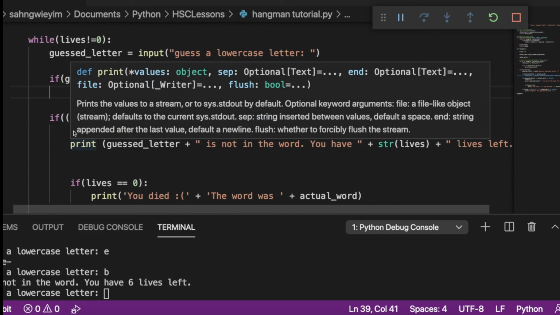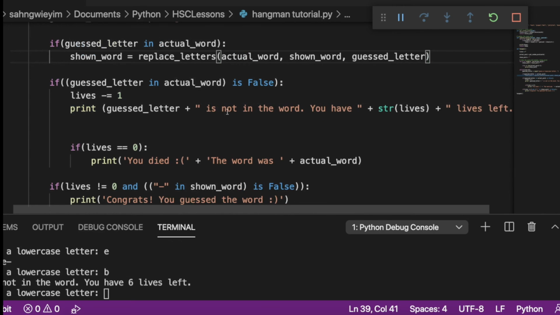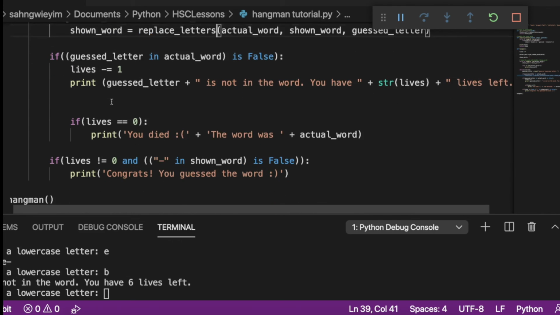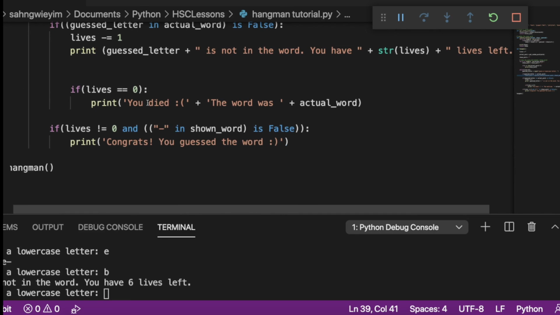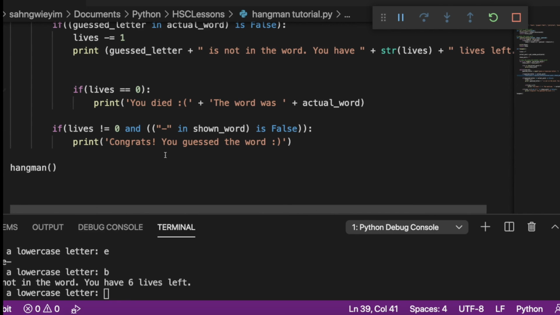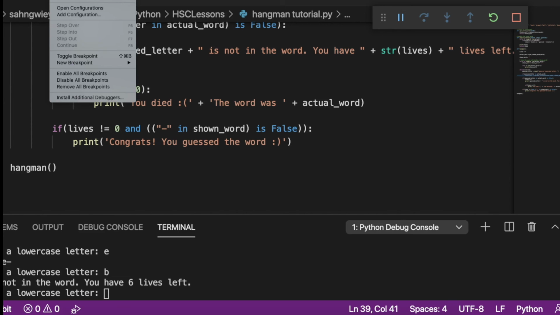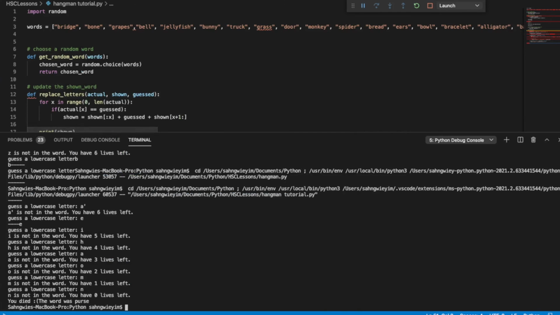And if it's not in the actual word, then we'll display a message that says it's not in the word and subtract one of our lives. And finally, we'll display a win-lose message based on the number of lives left, and we'll call our hangman function. So let's try out our code. So we can go ahead and run,